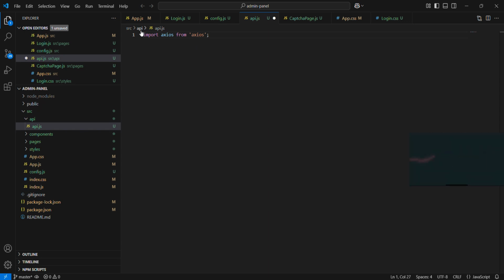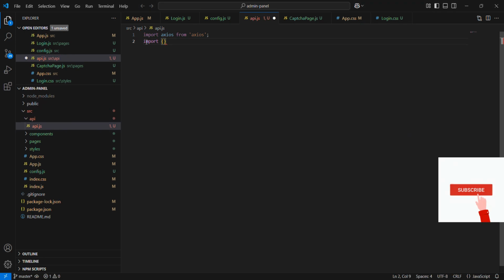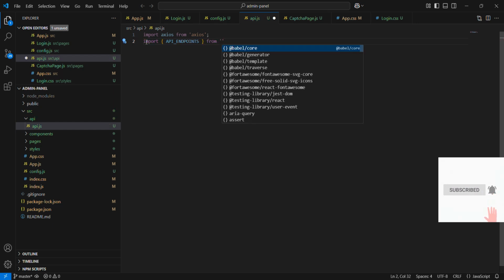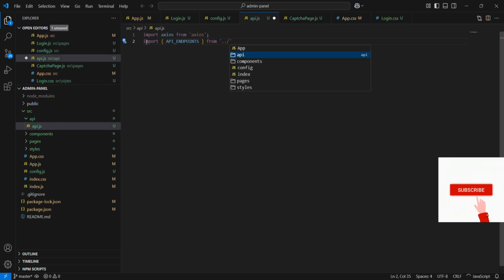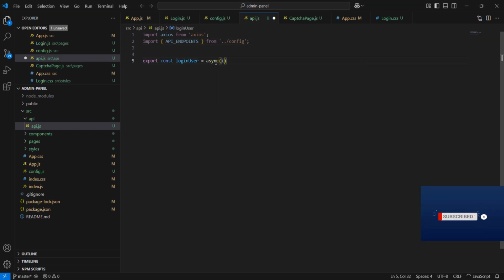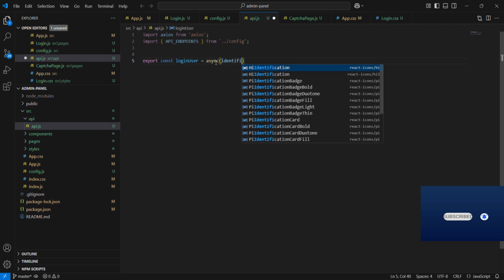Here we have imported Axios library, which will be used to make HTTP requests. Second, we are importing API endpoints, which is an object containing all API endpoints. Now we have defined the asynchronous function.